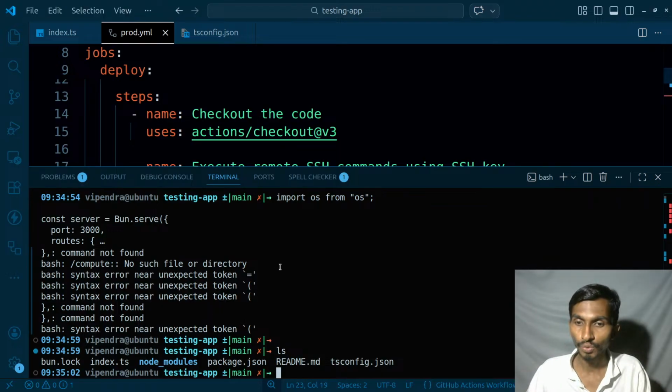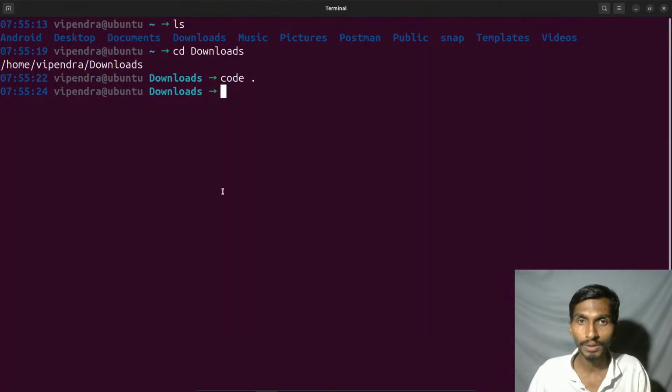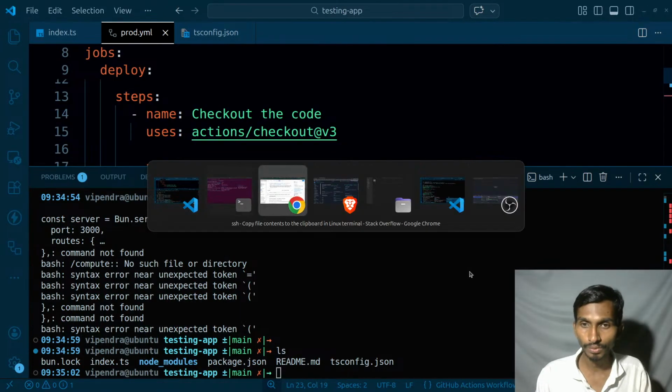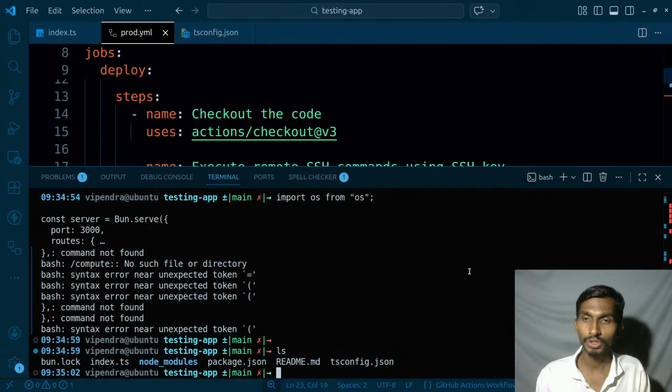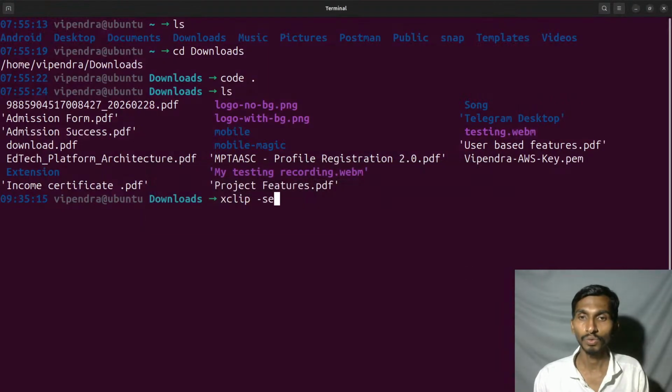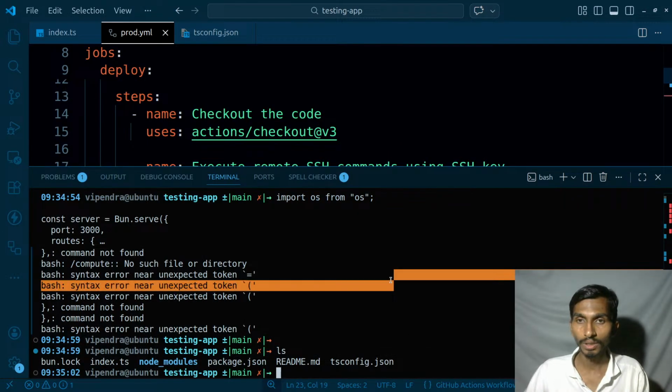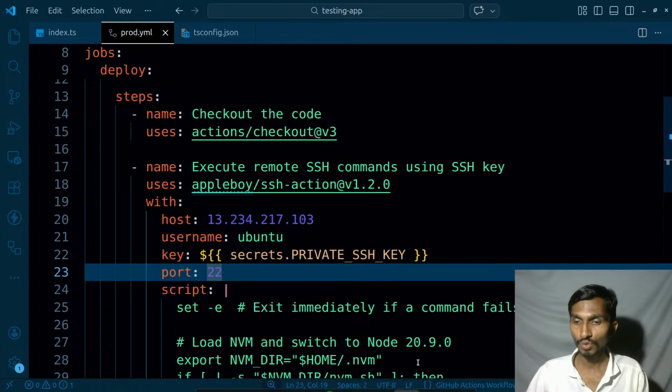The next thing I can do is go to the download folder here. I'm already inside that, and xclip and Vipendra AWS key. This is the key that I want, right? So xclip and what should I do? What was the command? Selection, right? So selection clipboard from Vipendra. Run it. I already have that right now. So what will I do? The name of the file should be private SSH key. So I will go to my GitHub,